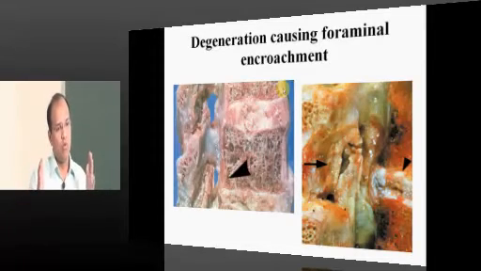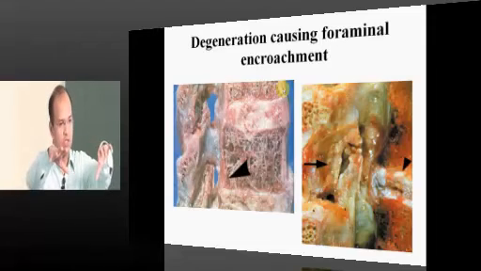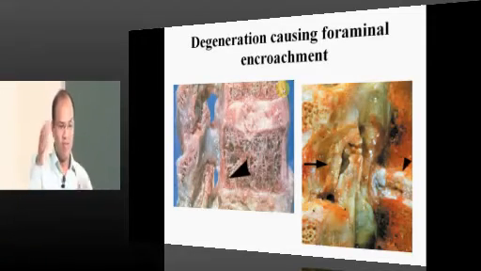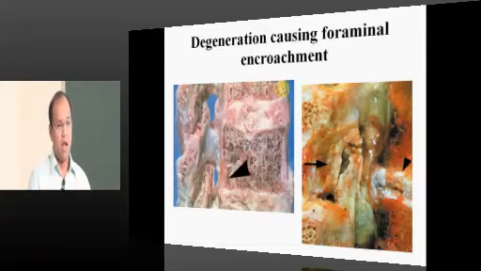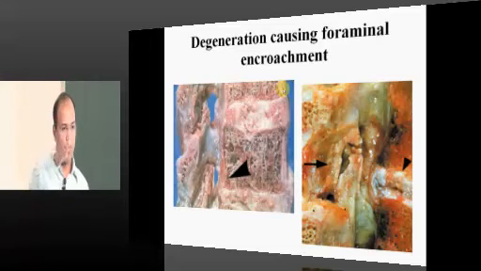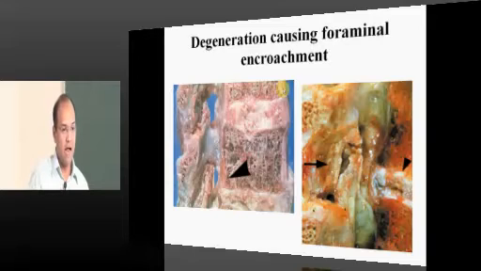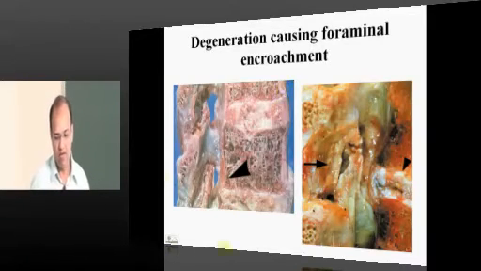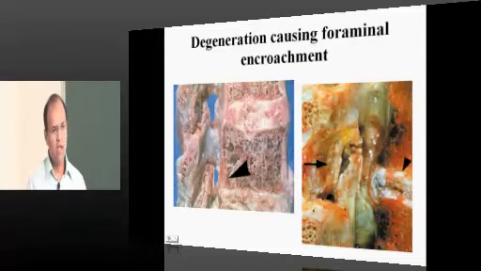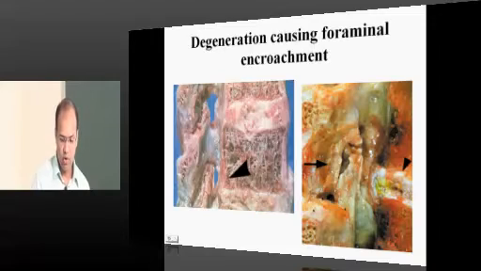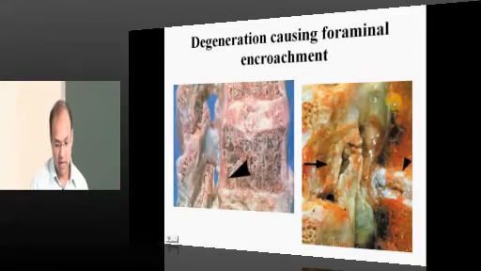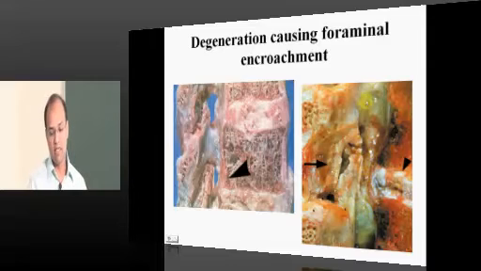And what is happening whenever new bone is forming at the facet joint? It again goes and encroaches on the spinal canal. This is one. Flaval buckling is there, and new growth is happening from there. And now once the disc is trying to degenerate, one more thing happens: the body tries to form bone along the contour of the protruding disc, and this also comes and occupies the spinal canal. Ultimately, either because of the facetal hypertrophy, or because of the ligamentum flavum buckling, or because of the disc protruding into the spinal canal, and again new bone being formed here, what has happened to the spinal canal? You see here, grossly decreased.